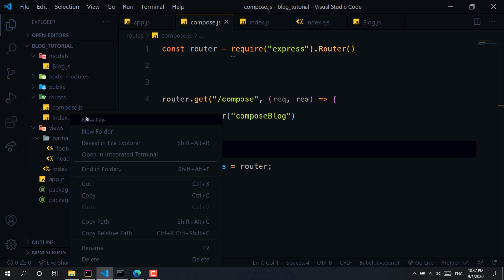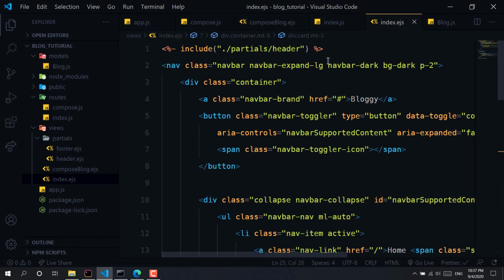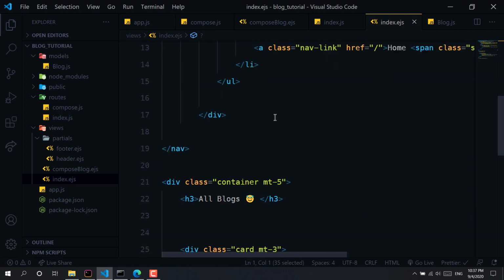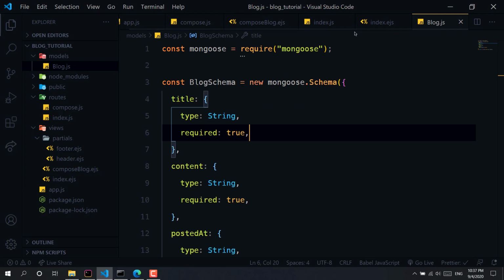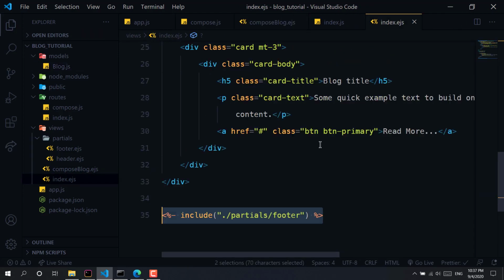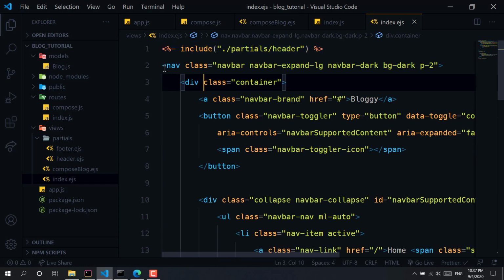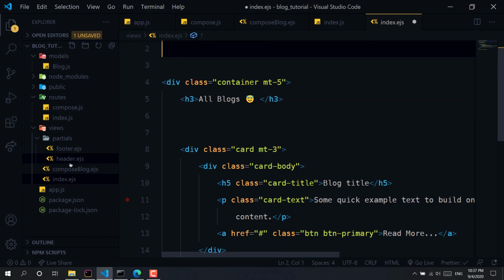Let's create a new file, and we will have index.js, and we will have this. Let's just copy it right here and paste it right here. And I think we need to create a separate file as well, so that we can use it in various routes.